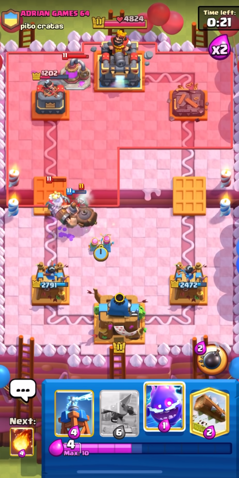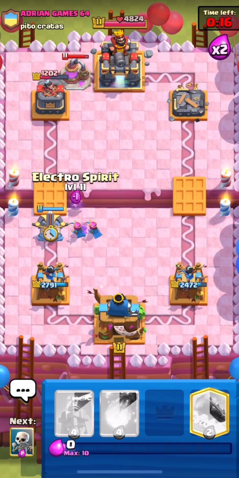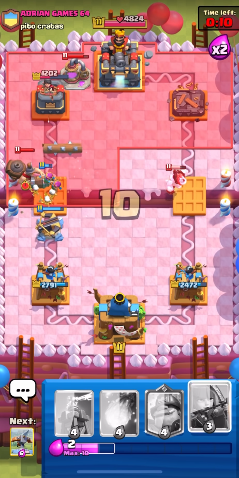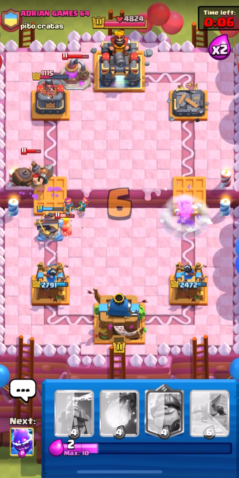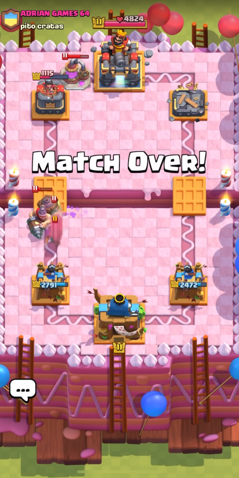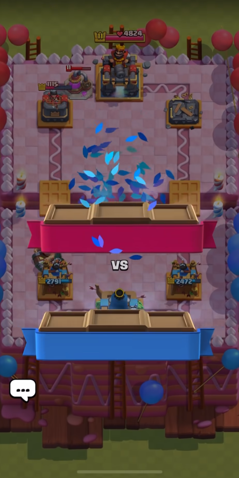He keeps going elixir collector for no reason. He's going to go archer down low, and probably won't be able to take his other tower, but we can still try. He might end up just giving it to us. Okay, no, he's not going to give up. So yeah, this guy played it pretty badly. But I guess in some ways you can get the Mighty Miner to work with Expo if you time the ability well